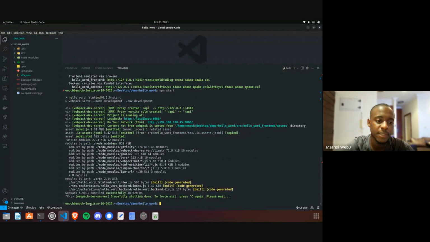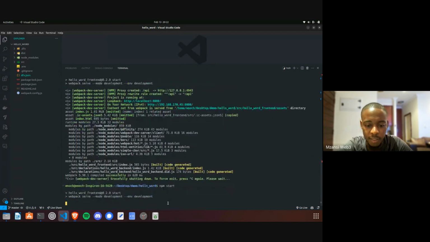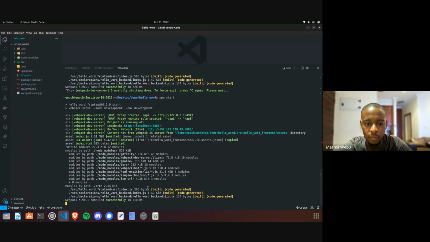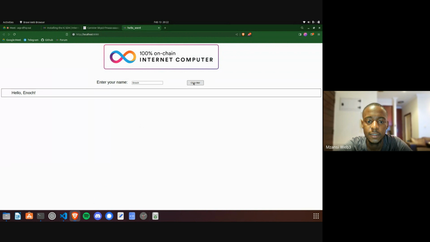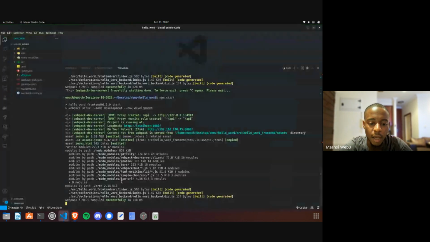But you can do npm start, and then you can start the webpack server for the front end. Just to show you something. npm start, and then you open this localhost URL. So this is the front end. It's connected to the back end. You can enter your name. I can say Enoch, and then I click, and then it says hello Enoch. So we have the front end that is connected to the back end. So anyway,